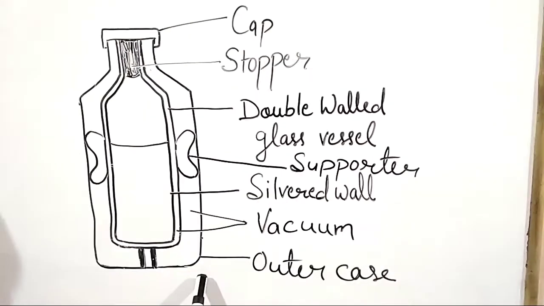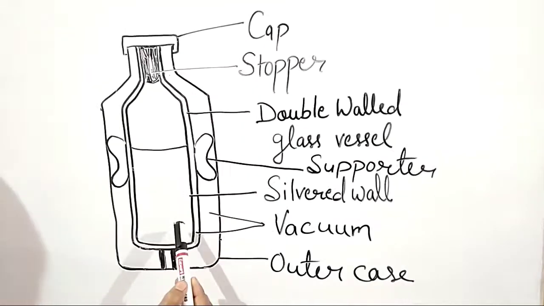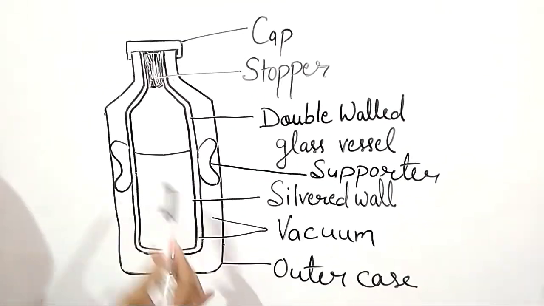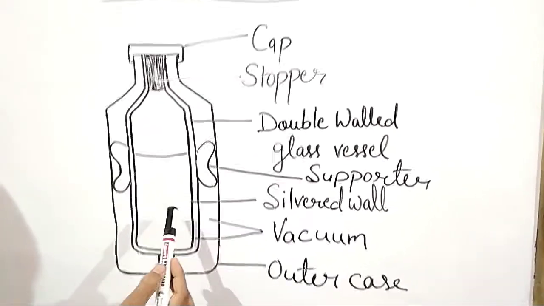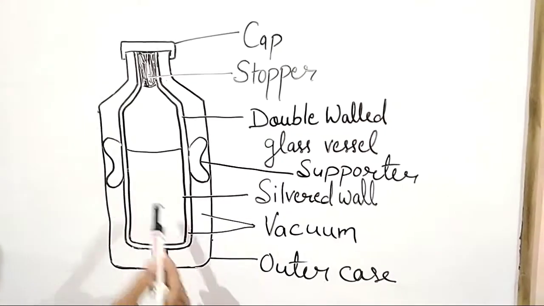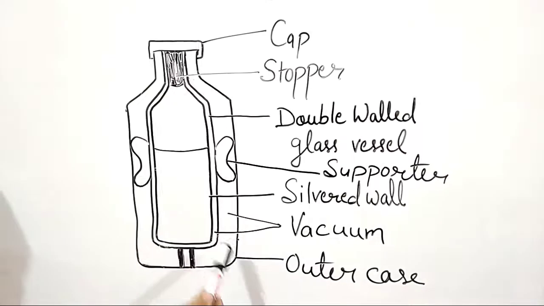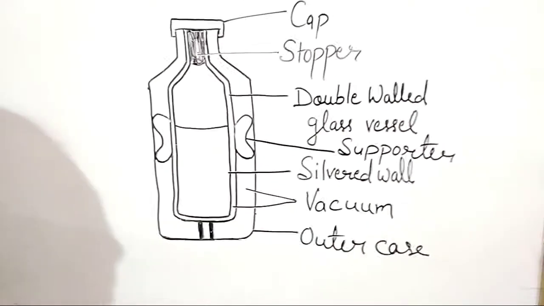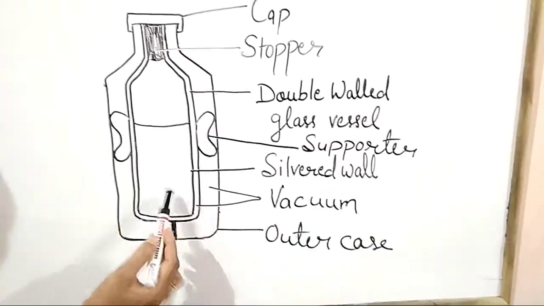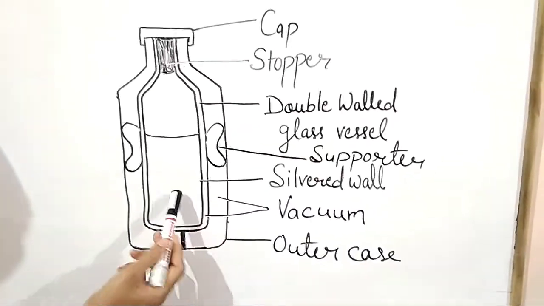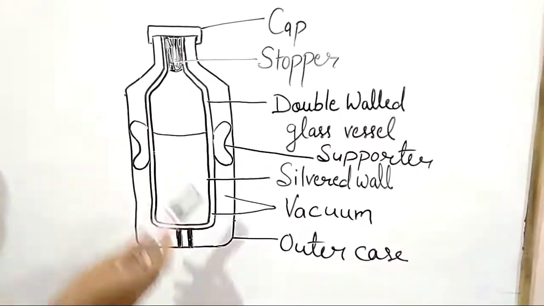Thermos flask, you must have used this thermos flask when you go to school. You keep water, you use this water bottle to keep cold water cold, and many times when you are going to a picnic to carry hot tea or coffee with you. So I think you must have used this. So have you ever thought how this bottle keeps the cold water cold and hot tea coffee hot? So today we will understand how it works.